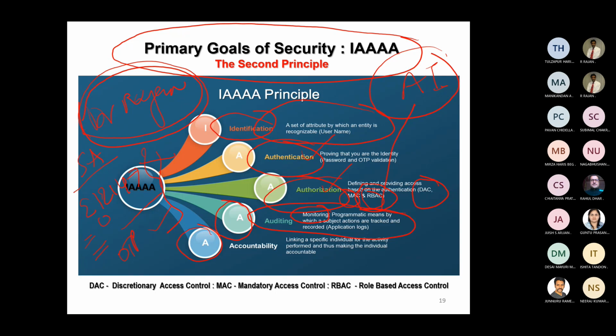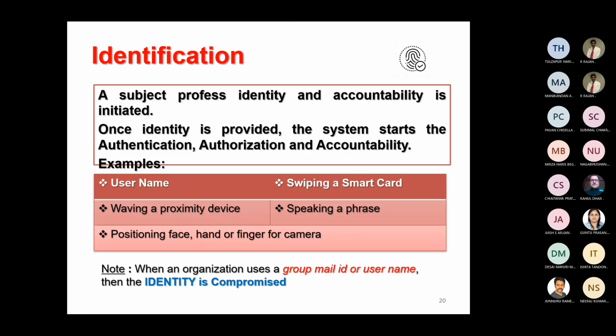Now, these two principles are extremely important for you to understand before you even think of implementing any kind of technology controls. If these two principles are not understood, then it's not possible for you to implement information security controls. These are the two important principles. Even today, it is valid. And without understanding these two information security principles, one cannot design an information security system. All right.